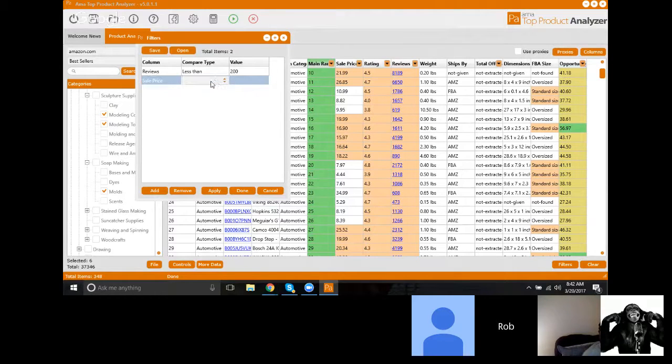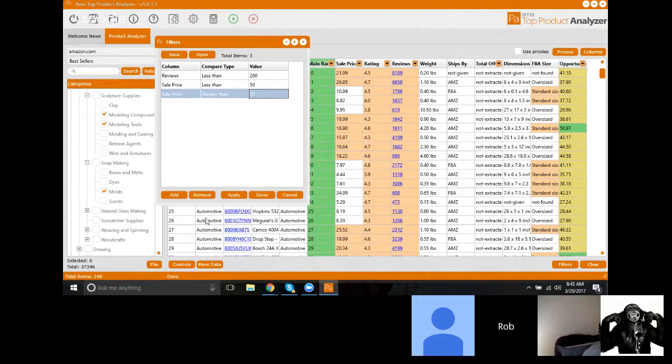We want the sales price, and we want the sales price less than, let's say, $50. Down here again, you press the word add, and we want to go back to sales price again, and we want the sales price greater than $25. Okay, so those are the filters, and when you press apply, it's going to eliminate all of those things